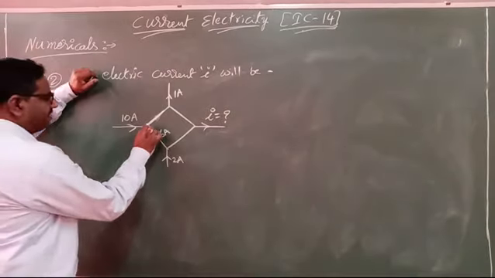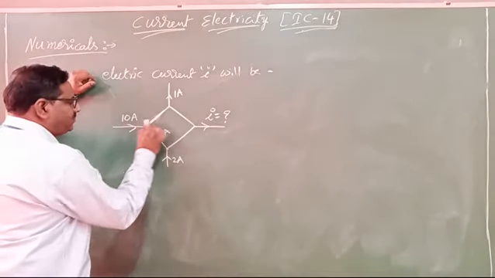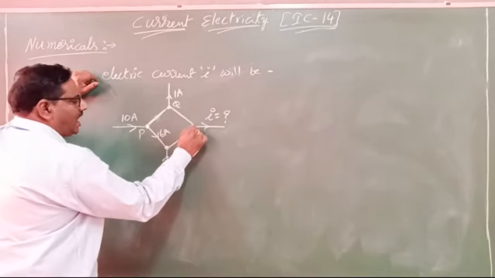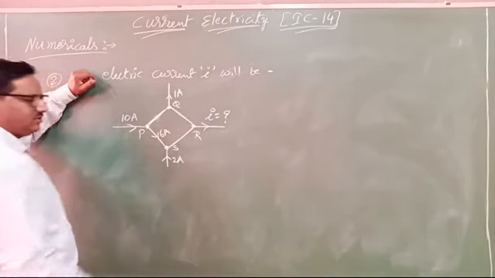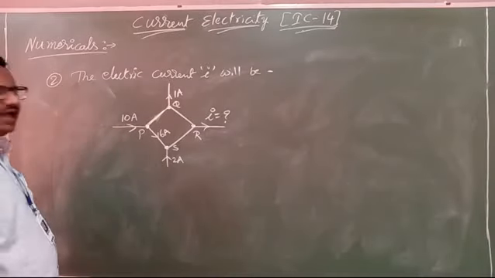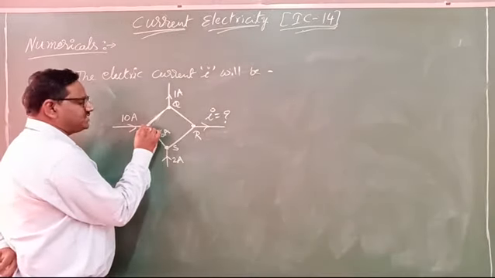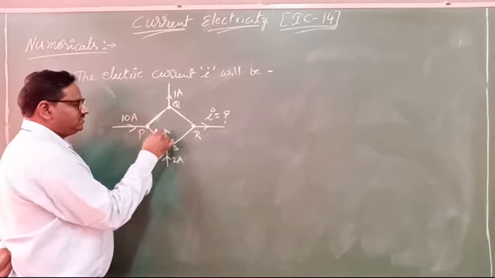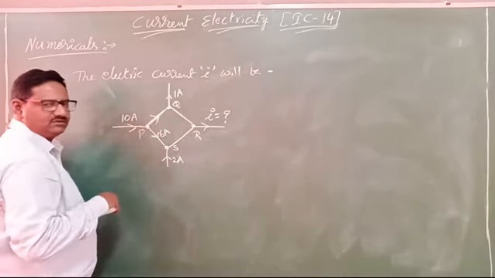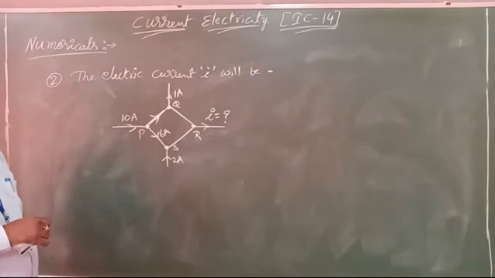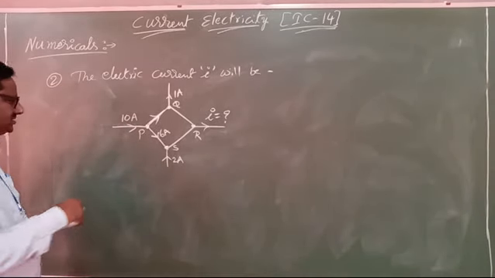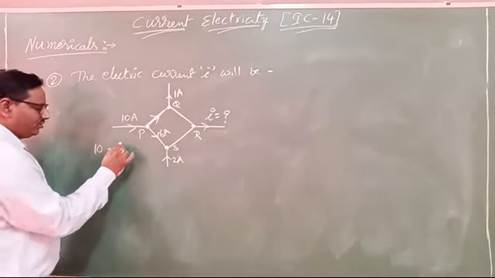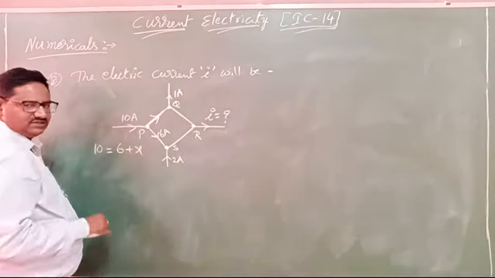Here it is one junction. We will take it as P. Here Q. Here R. Here S. Now at P junction, what do we observe? Here 10 amps current will go. It must be split as 6, and here how much? 4 amps. Why? Because the sum of entering currents is equal to leaving currents.